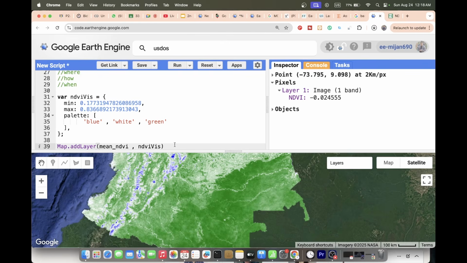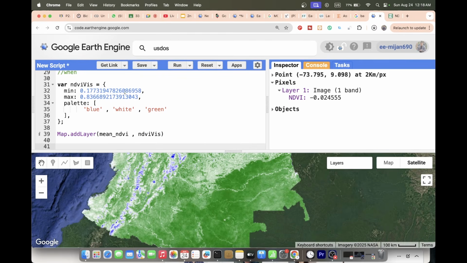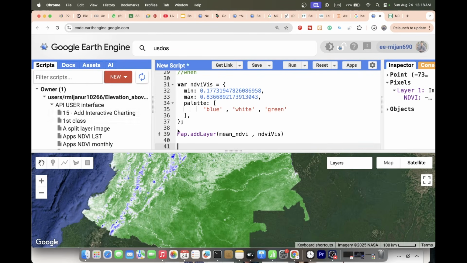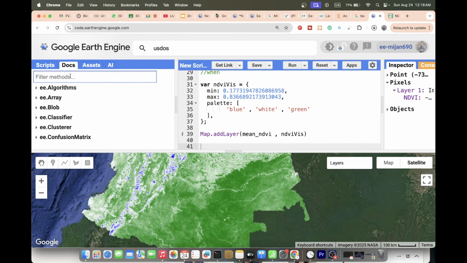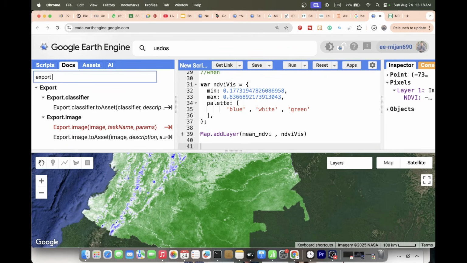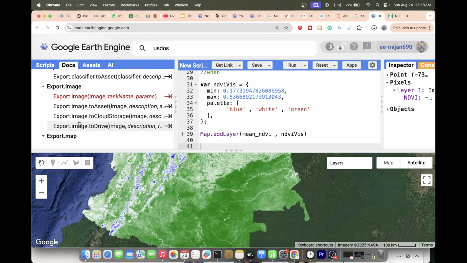When you export this map, then this visualization is not exported. It is just exported in grayscale color, and we export in GeoTIFF file format. So for that we just use the export function. You can see we can export to our Google Drive. You can see it is also available in cloud storage. Basically we can also buy cloud storage, and this data we can also store in the cloud storage, also store in the asset tab. This tab we can also save our